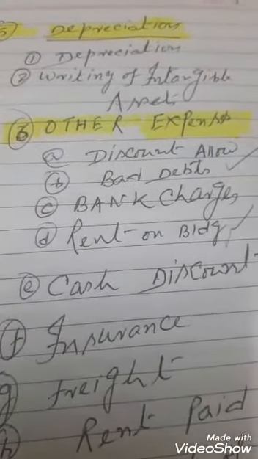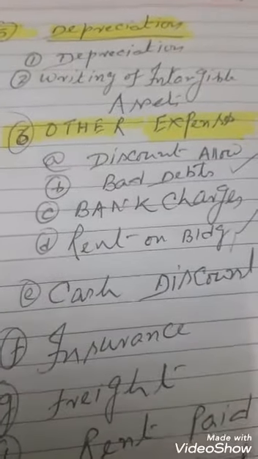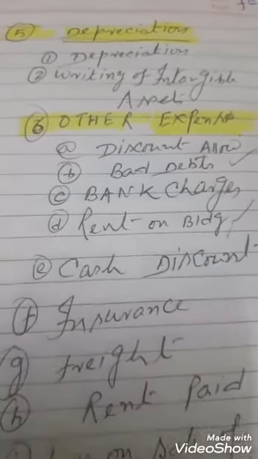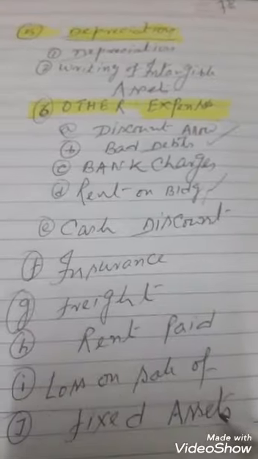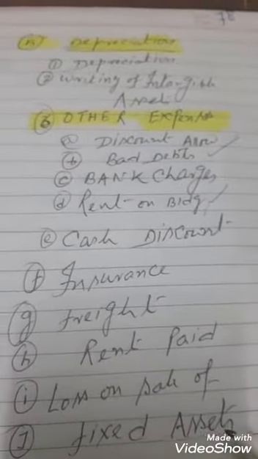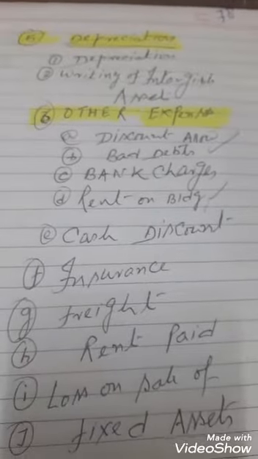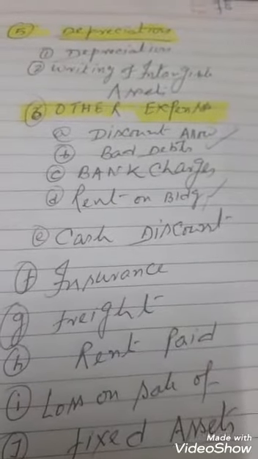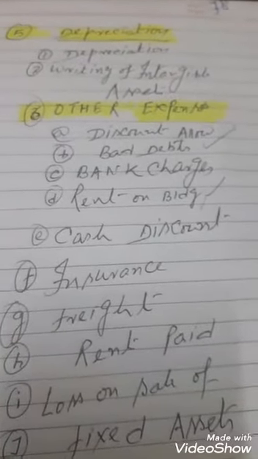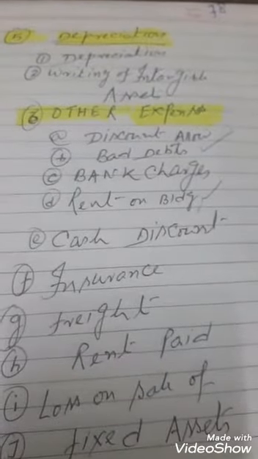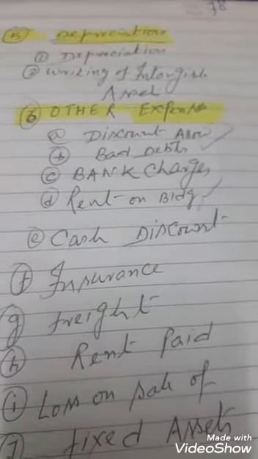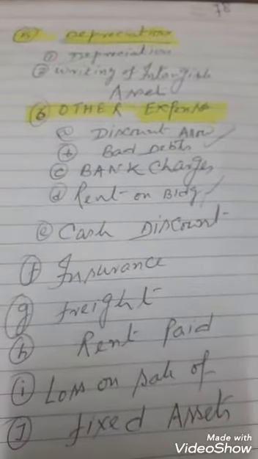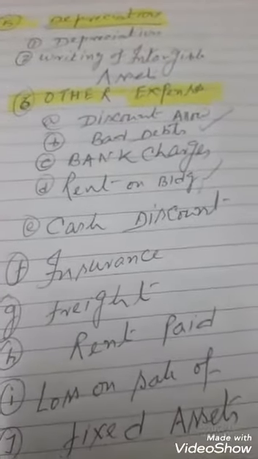So you must remember the formula: revenue plus other income minus all expenses. The result is profit before tax. Deduct the tax, it will be profit after tax. Same four columns: first current year, previous year, absolute change and change in percentage. Same formula which applied in the balance sheet: difference upon base year into 100 and you will get the change in percentage.